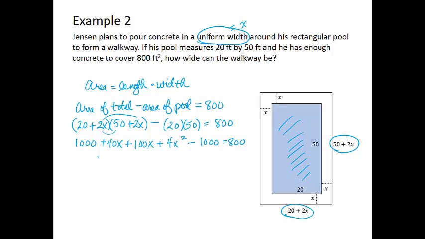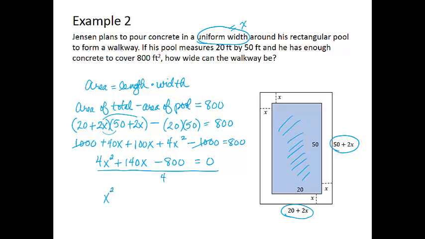Combining like terms, we get 4x squared plus 140x. Note that the 1,000s add to 0. And now we need to set it equal to 0, so at the same time we subtract 800 from each side, and that would be equal to 0. And then we can find a common factor. A common factor of 4 exists, so if we divide each side by 4, we get the equation